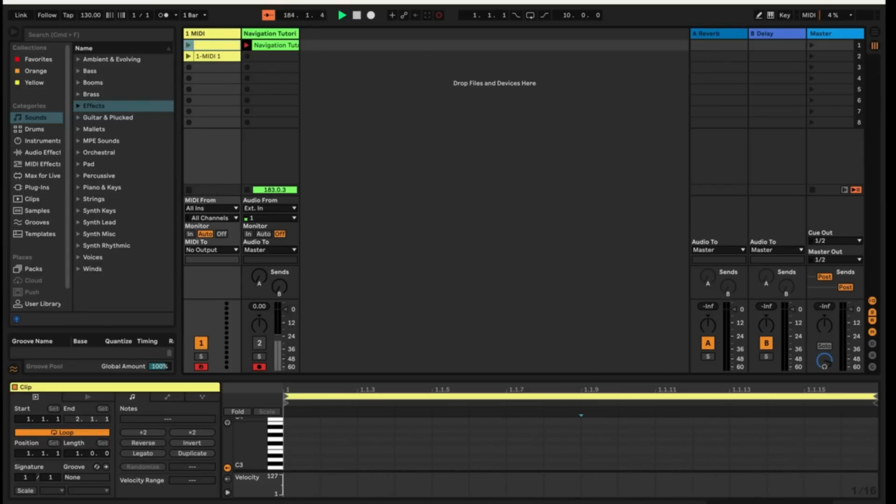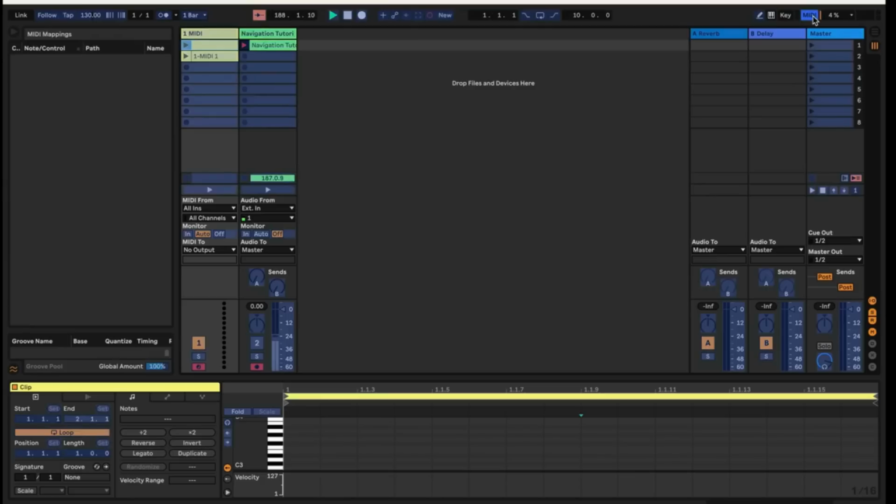Okay. The next switch here is the MIDI switch. When I enable this particular switch, as you can see, there are several parameters that are highlighted. Let's say I want to assign this volume control fader to a specific fader on my MIDI device. I'm going to select this fader over here